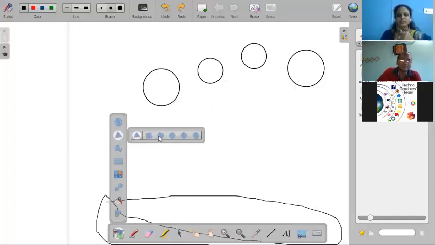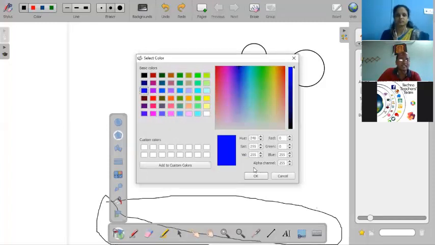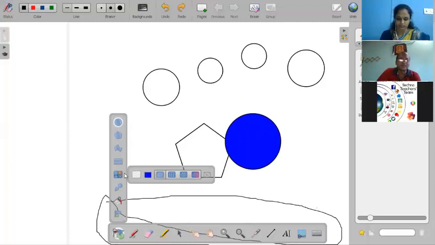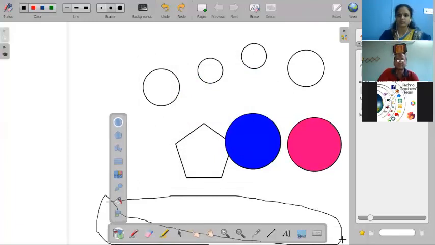Now look at this one. Not only black and white, you can create colored polygons or colored squares like this one. Look at this one, filling the properties. By clicking this one, you select the color, and then click OK. Now select the square. Yes, now we can change the color. Now red color. Again we draw. In this way, we can create a number of circles with different colors and different shapes.